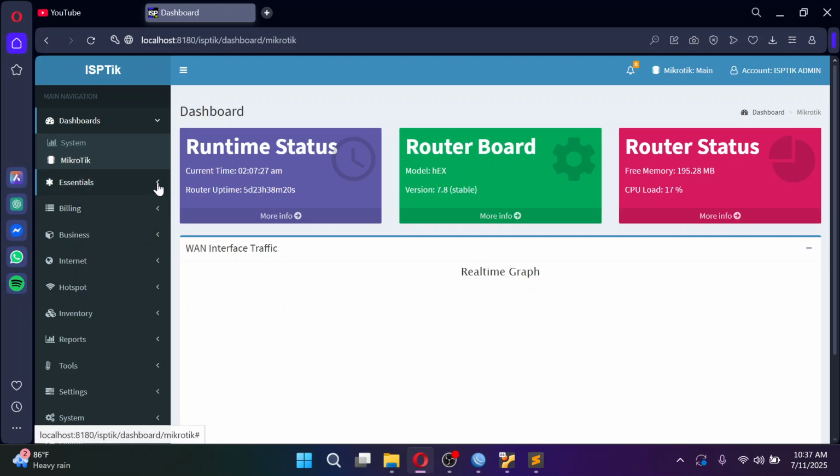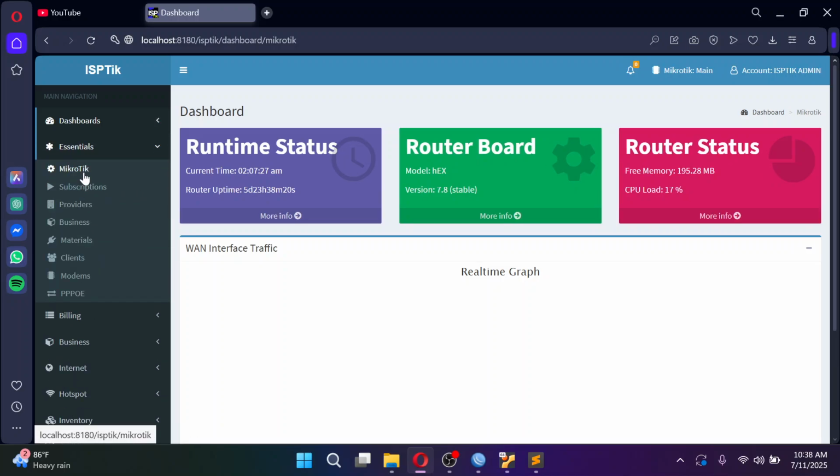So what we need to do is set up the essentials. I use this top to bottom approach. So you need to set up MikroTik, subscription, providers, business, materials, clients, modems, and PPP, etc. The first two are really important, MikroTik and then the subscriptions. So let's head to MikroTik.